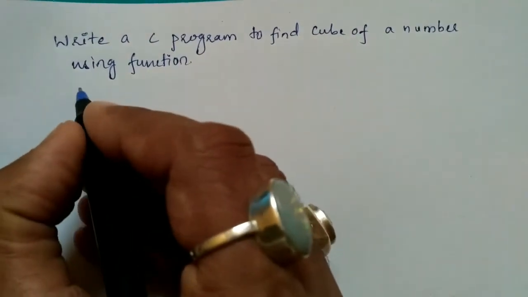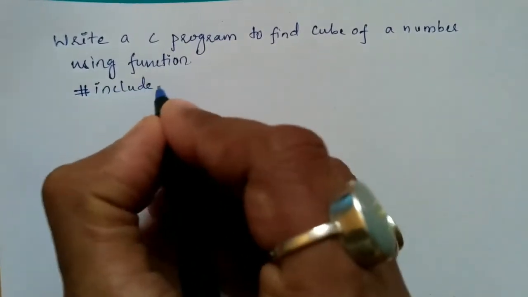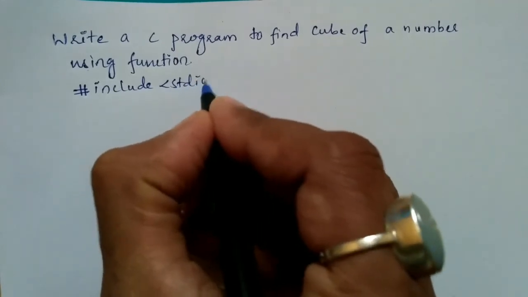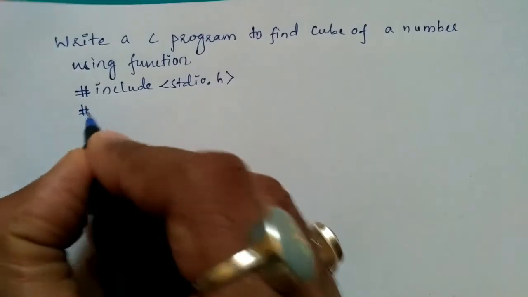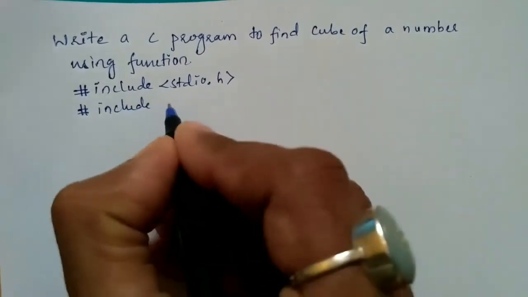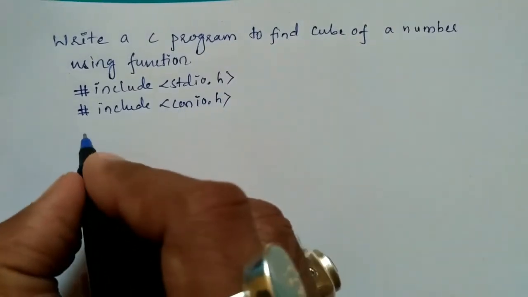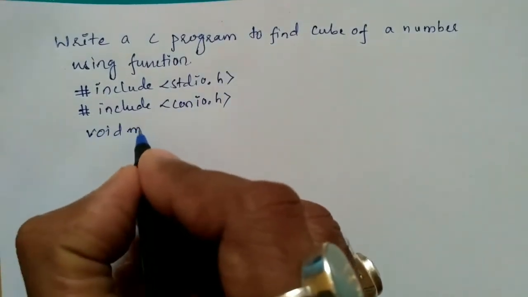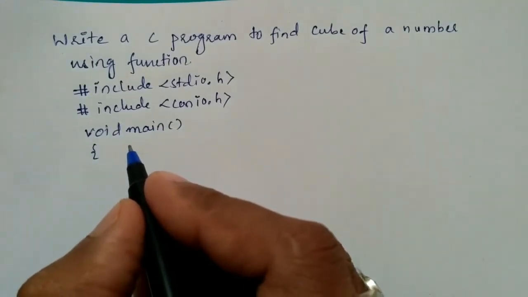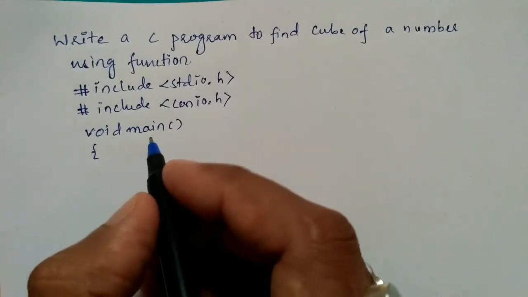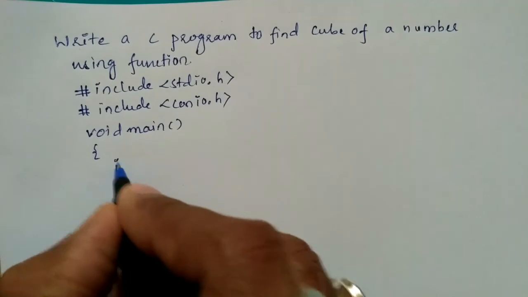So let us begin with the preprocessor directive #include stdio.h header file, and then we'll write #include conio.h, then we'll write void main function, curly open brace. This indicates the beginning of body of a main function, and now we are going to declare the function with